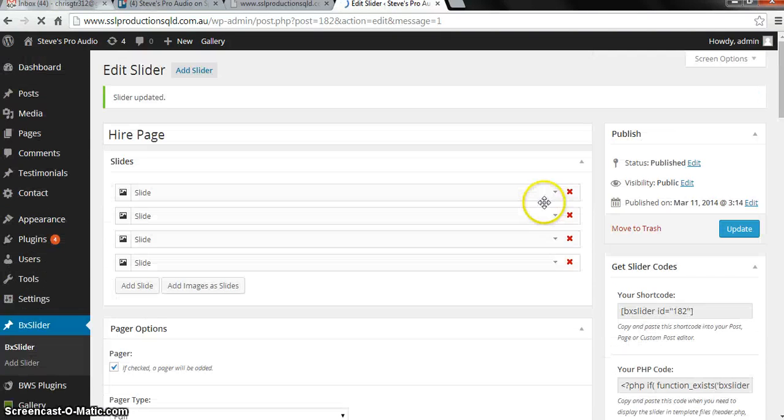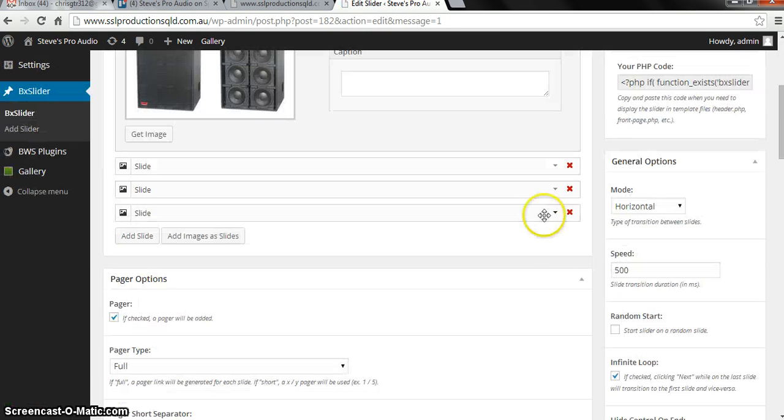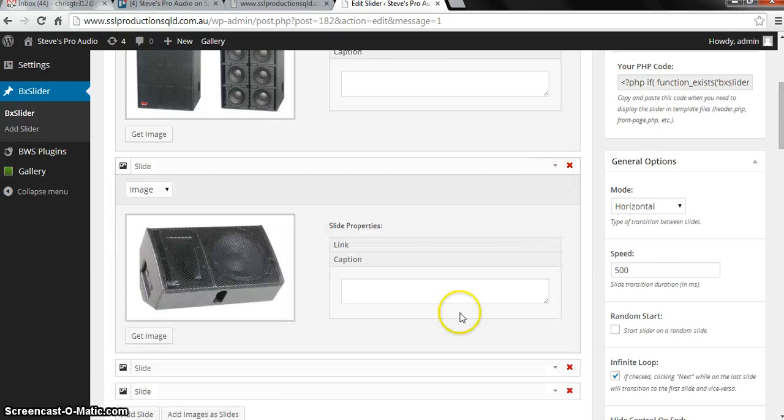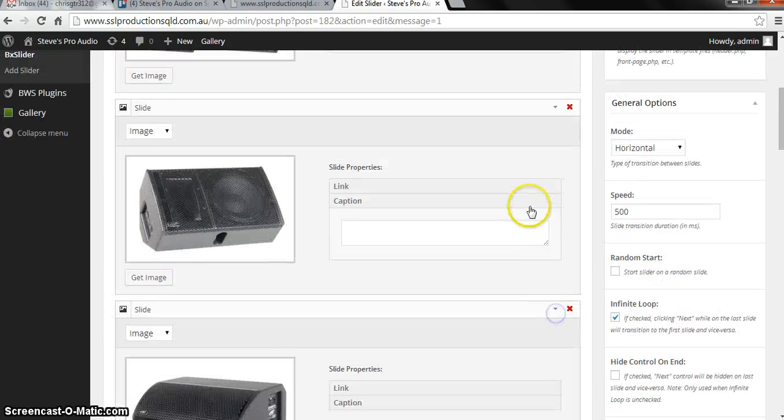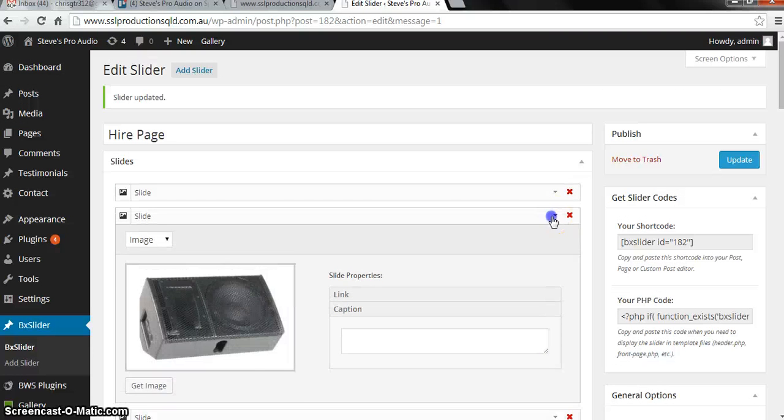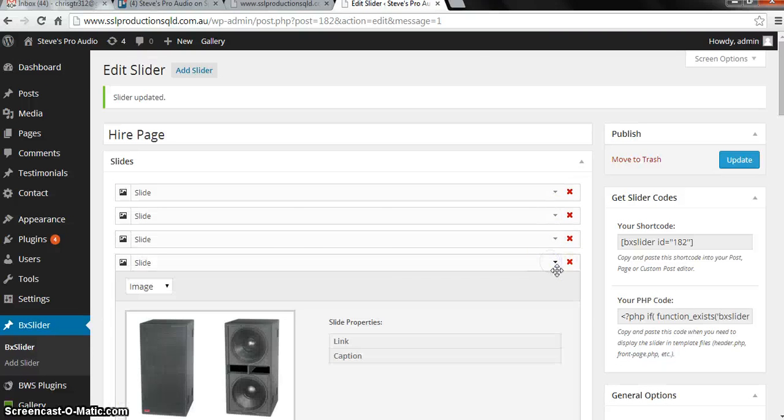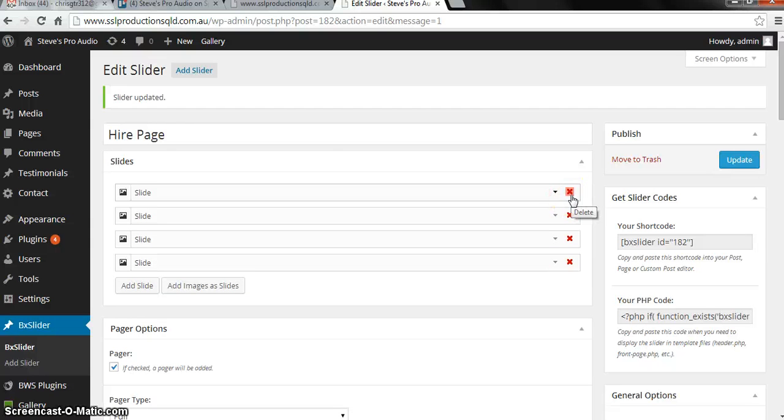Just wait a second. So here it is. As you can see, there are already images I added here. Let's say for example it's empty, so that you know how to add content.